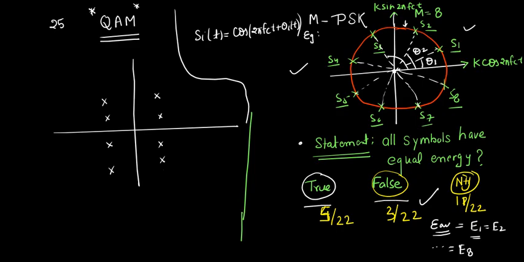Now, let us come to the next type of very useful constellation, and I think in 4G we use 256 QAM. Just check it. Check in 4G or 5G what is the maximum modulation scheme, the generally used modulation schemes for 4G and 5G. Have you checked, Abhishek? Just check it.